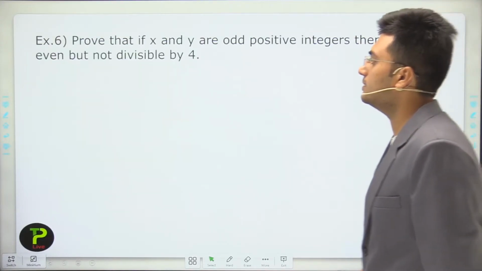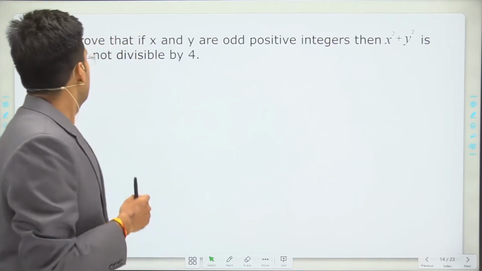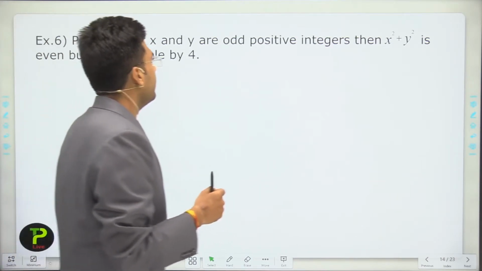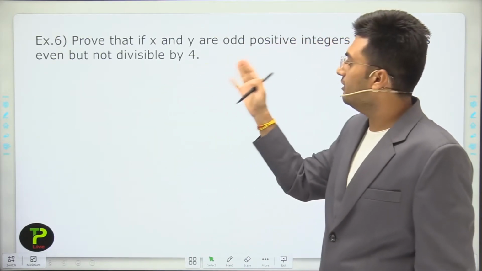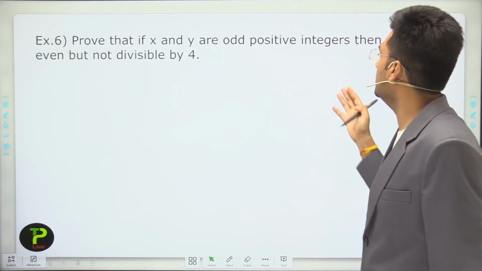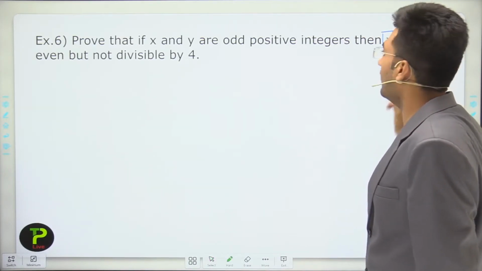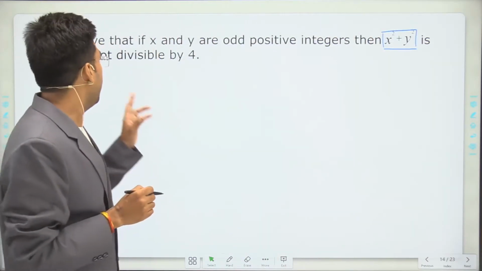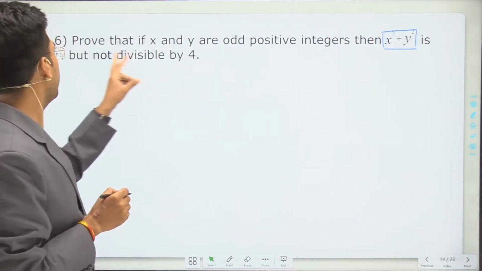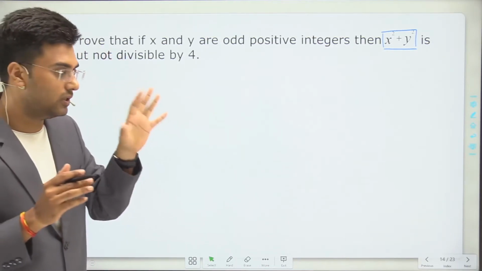Now come to the next example. The next example is: prove that if x and y are odd positive integers, then x square plus y square is even but not divisible by 4. X square plus y square is even but not divisible by 4. So now dear students,